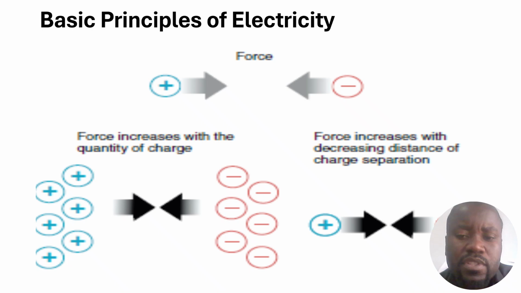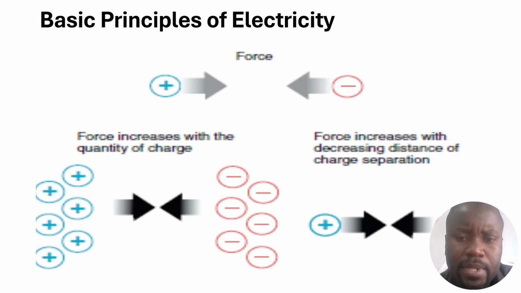Electricity in biological systems as well as in non-biological systems exists as a result of the interaction of electrolytes, how these are able to flow, and the amount of flow would be called flux or the current, and how this can do work. And it's as a result of the fact that these particles will not be able to move unless there's a force that is moving them or attracting them. And this force exists between like